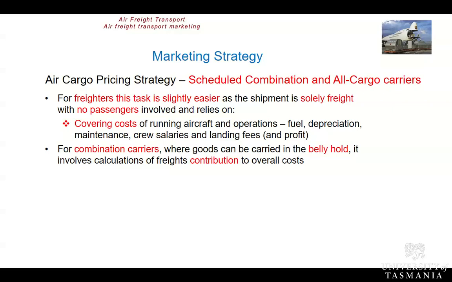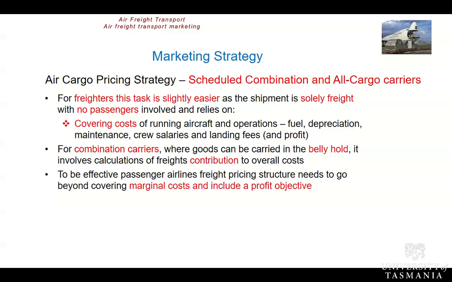That is more challenging because it's making a determination about what contribution the cargo is making to the overall costs. And the main focus is really about passengers, so that makes it a little bit tricky. I suppose the general consensus is that to have an effective price setting structure, the airline should really do the best it possibly can to differentiate out those cargo costs from the passenger costs to make it a more meaningful decision.